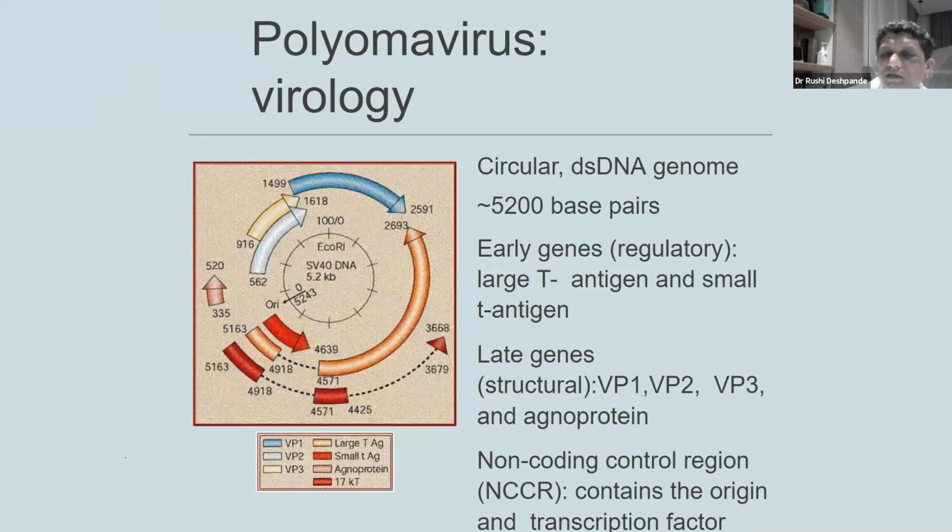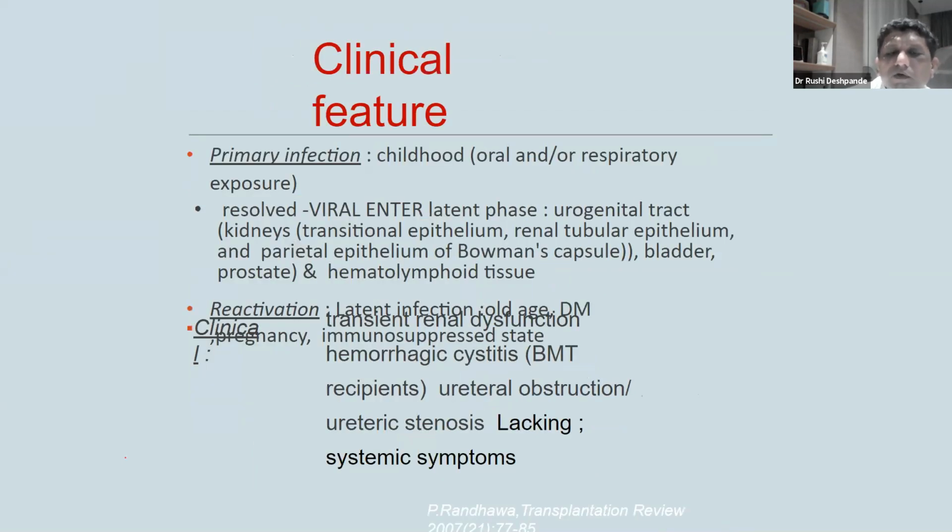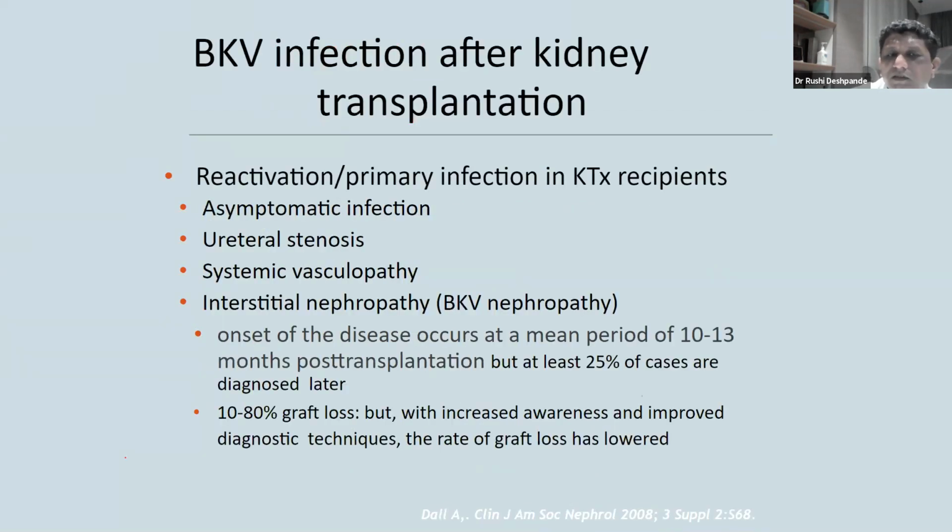Polyoma virus is a DNA virus. Most of us are exposed to it already. It has a special affinity for the urogenital tract, and that is where it is usually found. In patients with old age or an immunosuppressed state, the manifestations can be in the form of hemorrhagic cystitis, ureteral obstruction, ureteral stenosis. Most of the times it is actually asymptomatic. Sometimes it will present with ureteral pathology or interstitial cystitis, like we mentioned. It usually presents in the form of interstitial nephritis, BKV nephropathy, and the graft loss in this is very high,